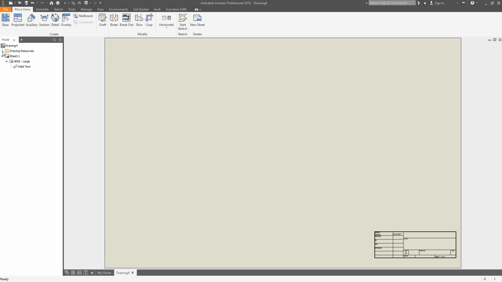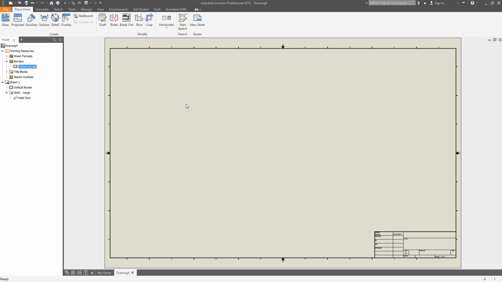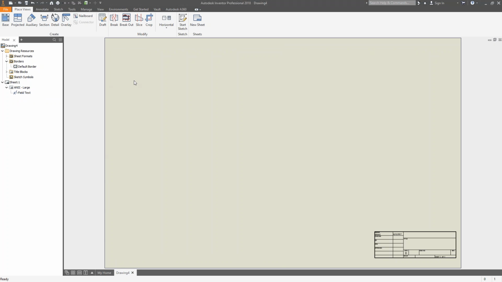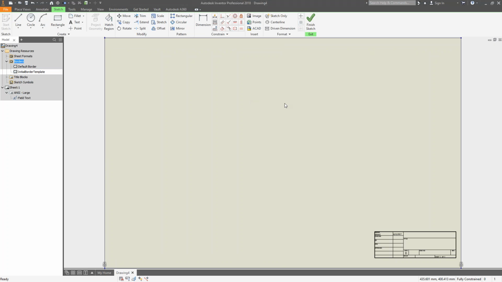Now underneath drawing resources, you have borders and you have the default border, and if you wanted to bring it in, you could just double click on it and it brings it right back in. Super easy if you accidentally delete it to bring one in. But what I want to do is create a custom one. So on the borders folder itself, underneath drawing resources, you're going to define a new border,